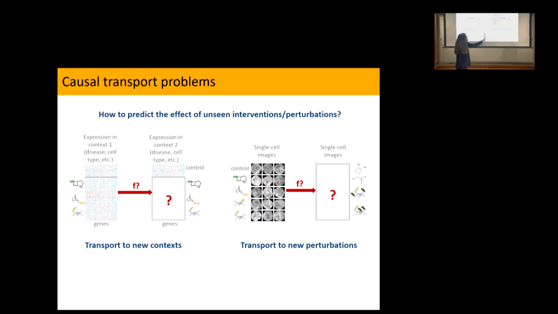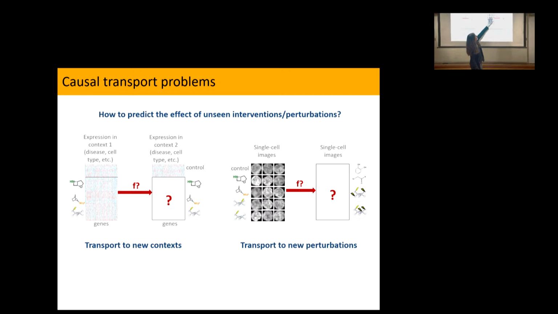Equally important, I think. So we know the space of all drug-like molecules is something like 10 to the 60. So even if you know which disease context you care about, you'll never be able to do all 10 to the 60 many experiments. Or, if I'm looking at these genetic perturbations, I told you we have 20,000 genes, but we care about all combinations of genetic perturbations. We'll never be able to do them, not just two-way interactions, but three-way combinations, et cetera. We'll never be able to do them.